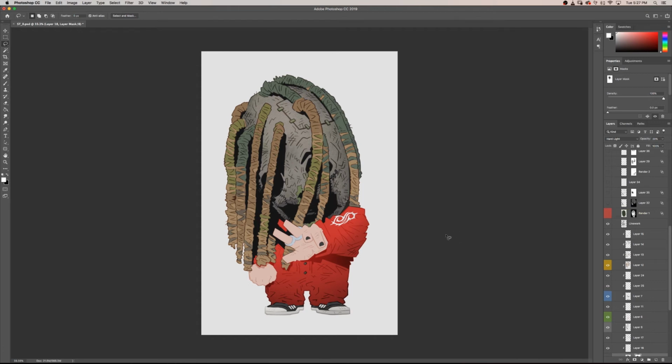So now I have my finished line work, I have my flat colors, and I have my little zhuzh texture layer going on. So now we're going to figure out what our shadow tone is going to be and start rendering. I'm going to show you what the render layer looks like, and then I'll kind of dial it back a bit to explain it a little bit better. So this is what it looks like,